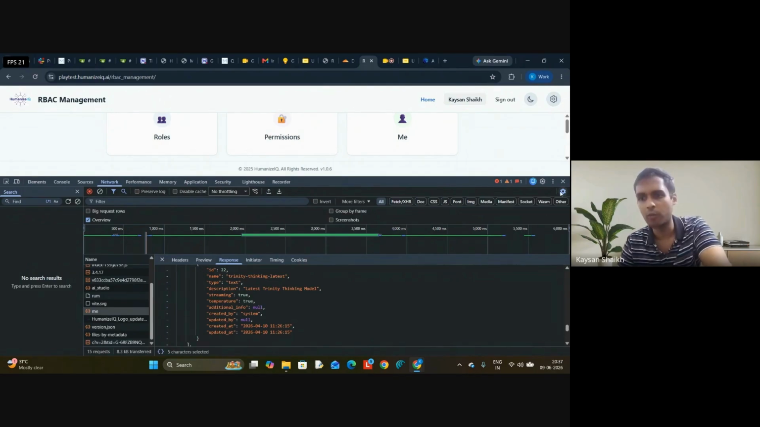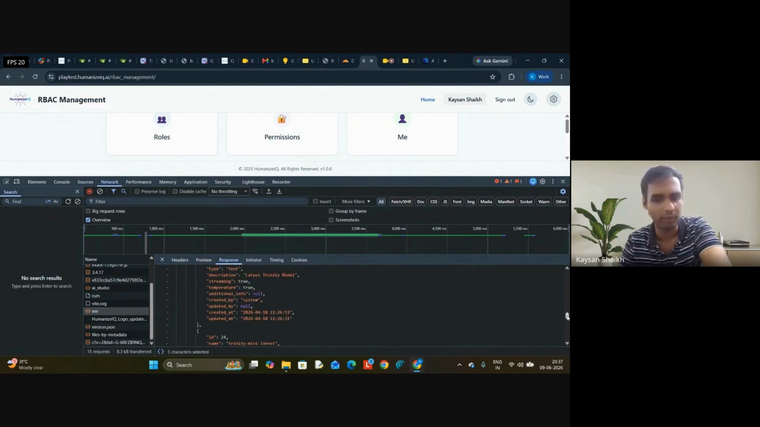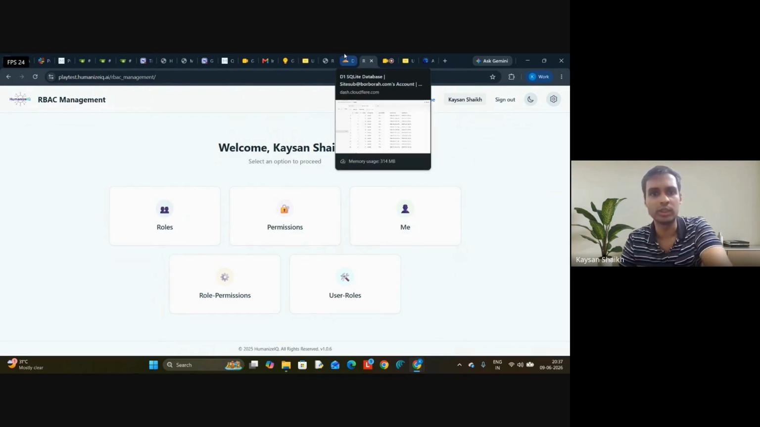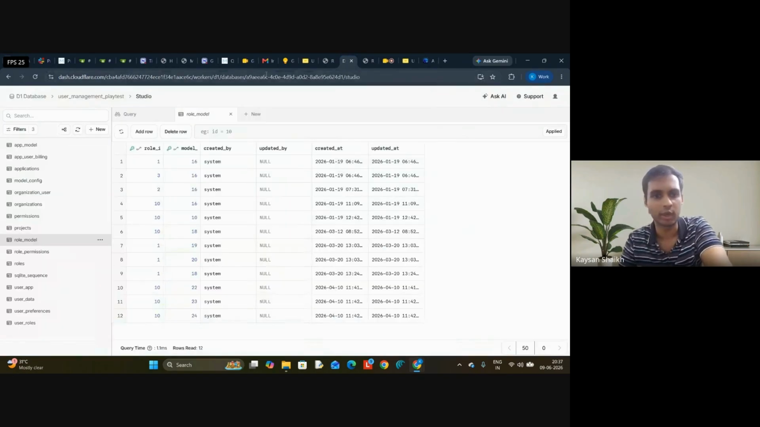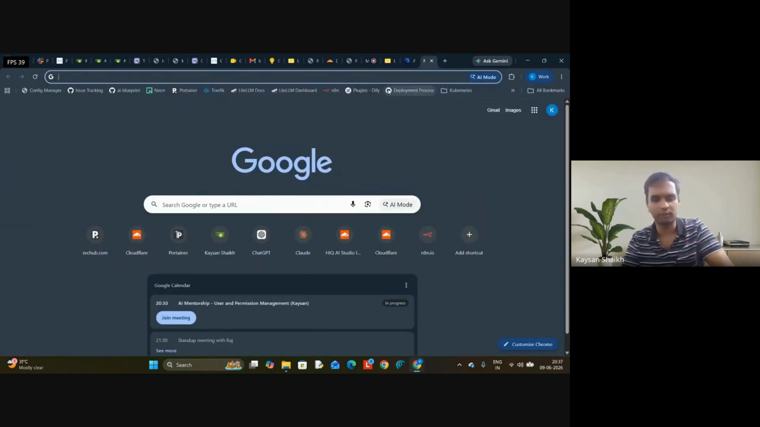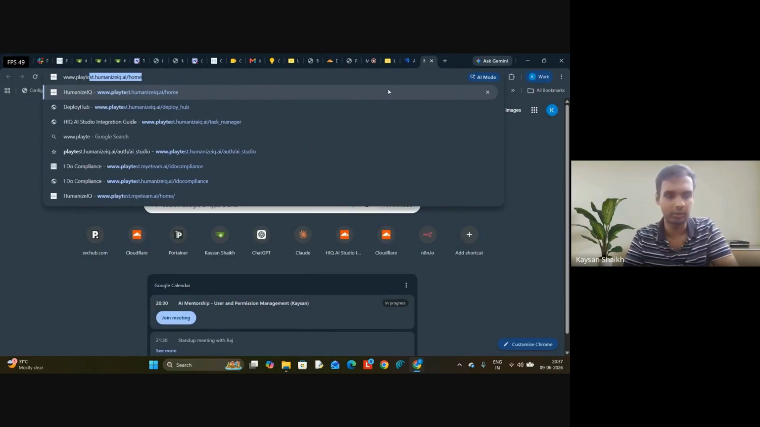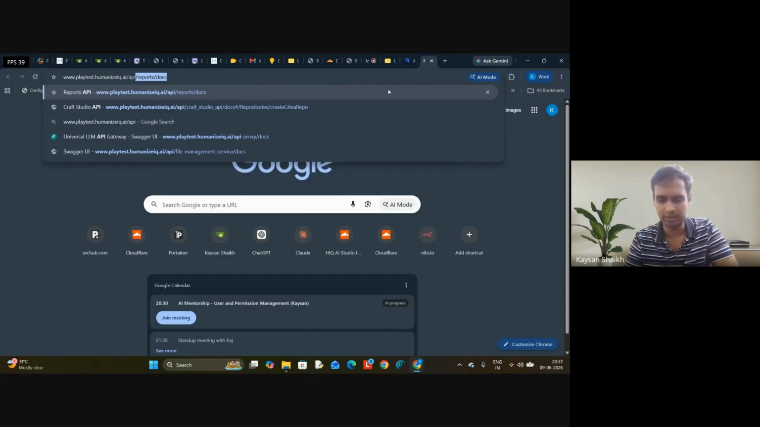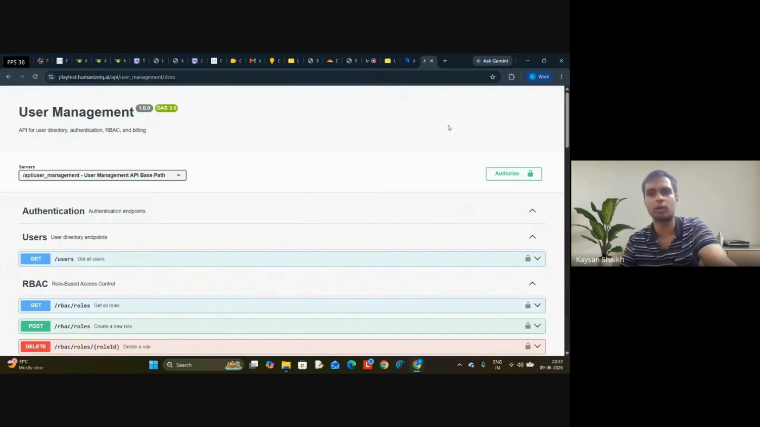So how are we mapping those models and permissions to a particular user? For that, you need to go to the user management database we are using in Cloudflare D1 SQLite. This is connected to the user management API. So if I open that, slash API slash user management docs,